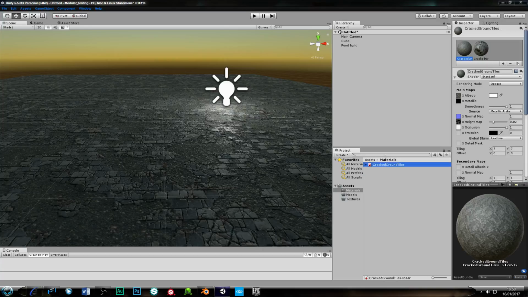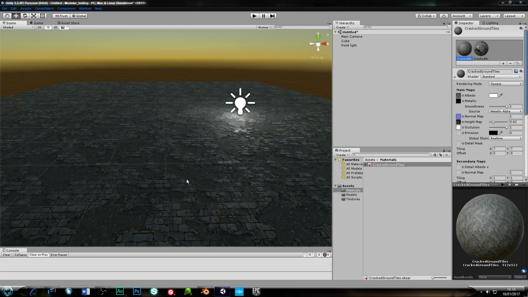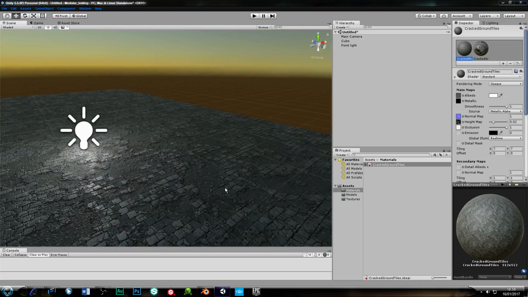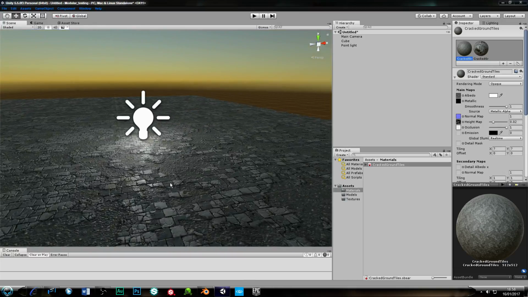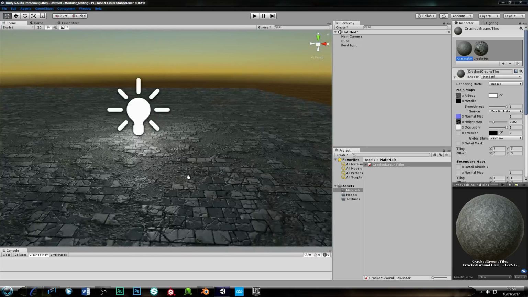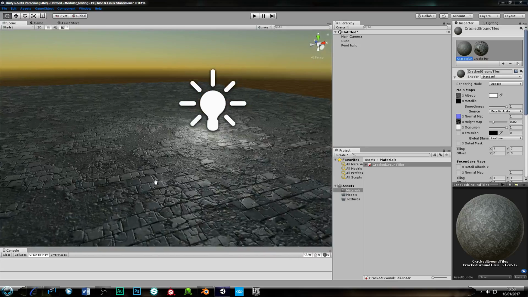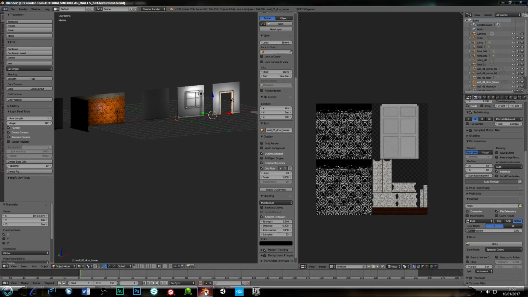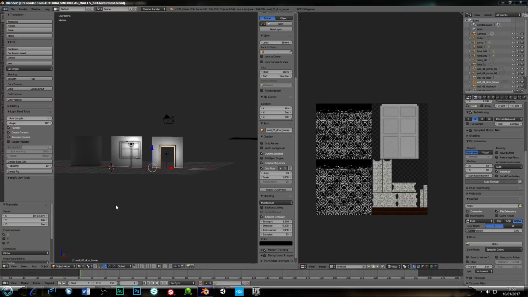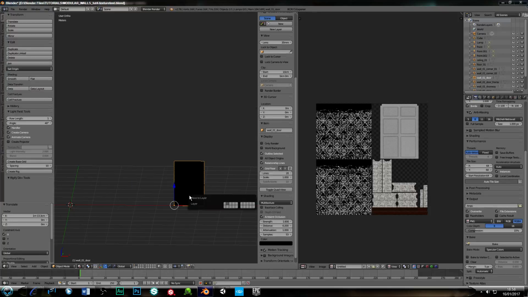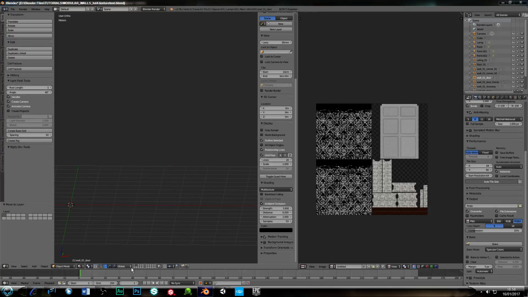apparently. So there, that is, it's a very handy material to have, and hopefully in the future I will be doing some Substance Designer tutorials on how to create these kind of effects, although there are a lot of tutorials out there. Anyway, let's leave that open for now and go back to our Blender file, and let's start taking some of these models. Now our door is still on that one, so we'll switch it back to our first layer,